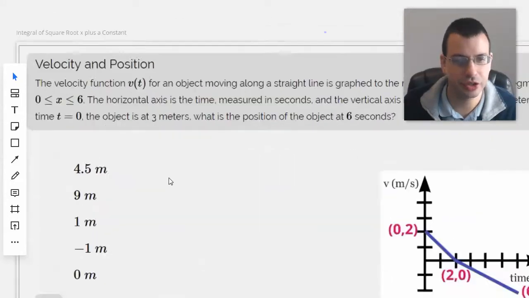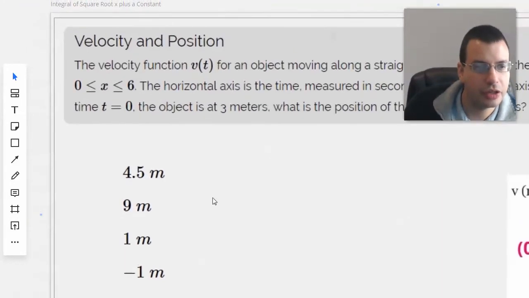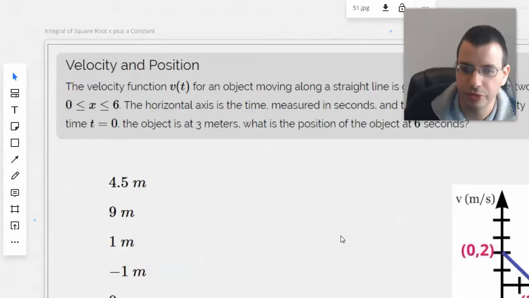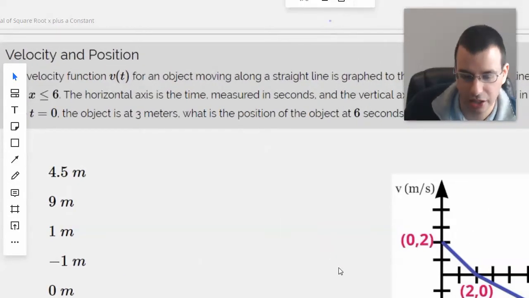Velocity and position. The velocity function v of t for an object moving along a straight line is